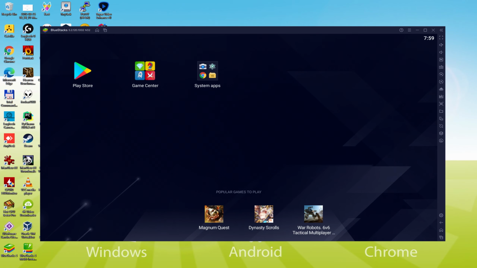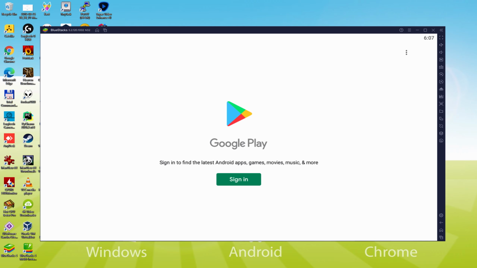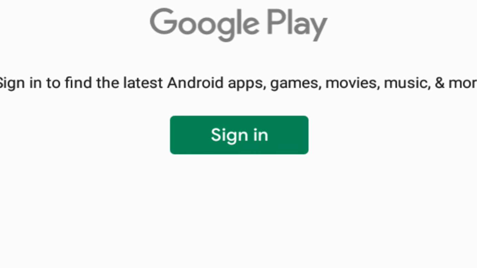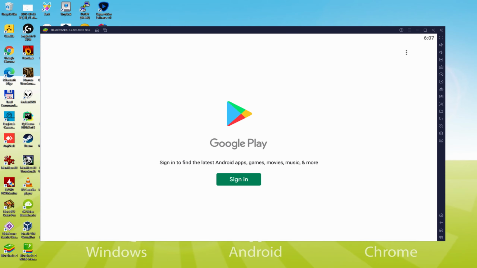Let's make the next phase, that is a must, and which is to begin browsing the Google Play Store. And we'll mouse click on Play Store. As you can discover, the Google Play is presented. In this case we must sign in. At this moment, the moment we're there, we must perform the next step which is mandatory. So that we click on Sign In.